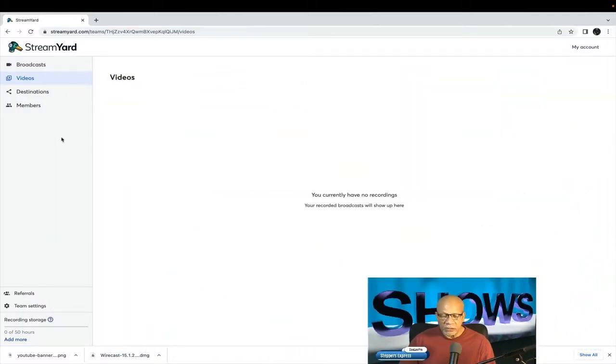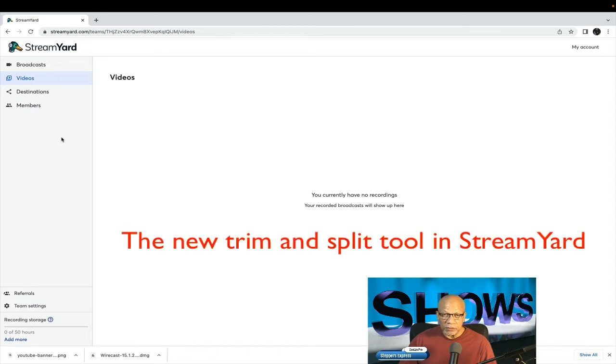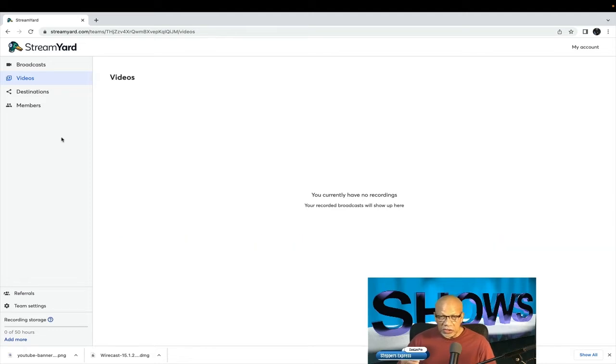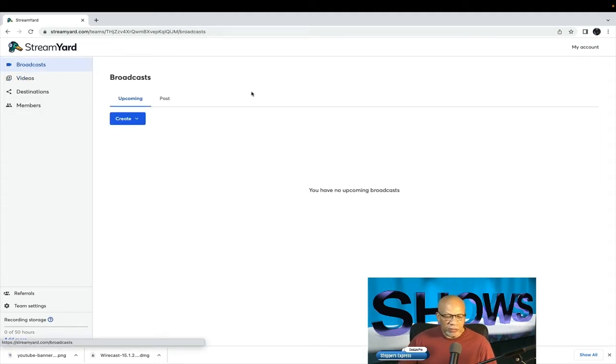You also find some new tools that were added to StreamYard recently, where you can take those videos and you can trim them, or you can split them, and you can make a customized video that you want to use as a recording to upload to your channels like YouTube, etc. That's another tutorial. So when we get into broadcast, you see this is where you set up your studio,